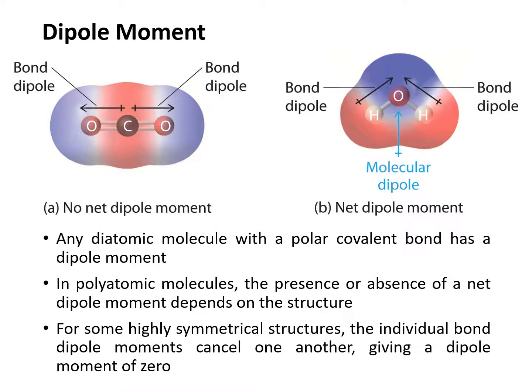Separation of charge in a bond gives rise to a dipole moment, which is a measure of the polarity of the bond. Now, it is important to remember that dipole moments are actually vectors, and as a consequence, they have both magnitude and direction. So let's take a look at the case for carbon dioxide, or CO2, which we've drawn